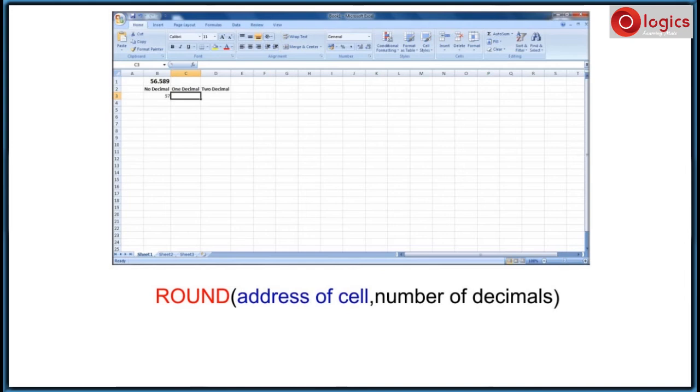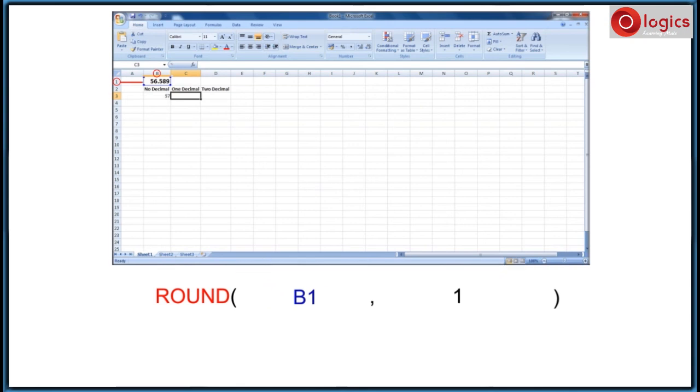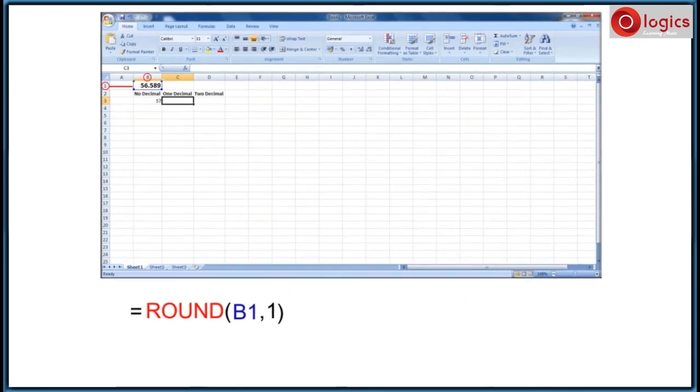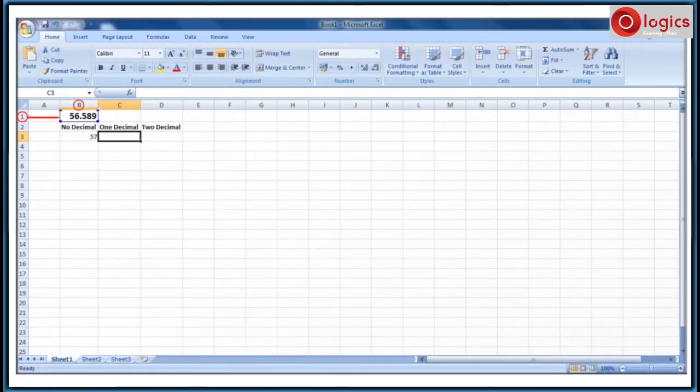Here the address of cell is B1 and I would like to round the number in cell B1 to 1 digit. So the number of decimals is 1. This is my ROUND function. In my Excel sheet, I have selected the cell C3 to get the result. I am typing the ROUND function in the formula bar.